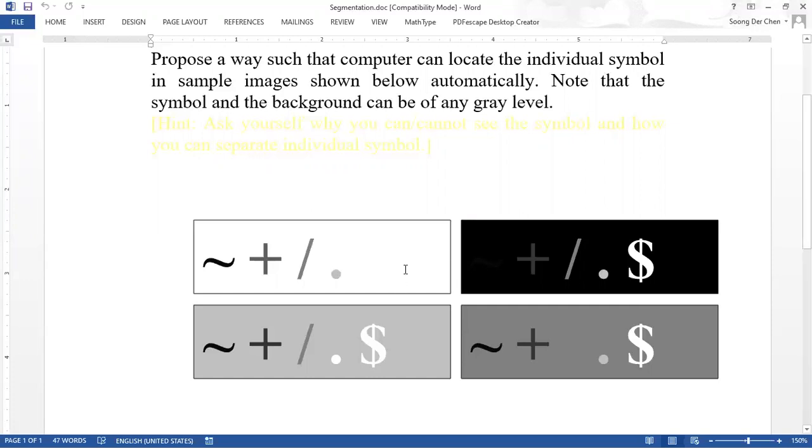Why can't you see the dollar sign here? Because the surrounding is bright, the same color. Exactly. Because the surrounding is white and the dollar sign is also white. So basically there is no difference, therefore you don't see the dollar sign. But here you could see very clearly as compared to this. You still see it here, but it's not as clear as this one. Why? Because